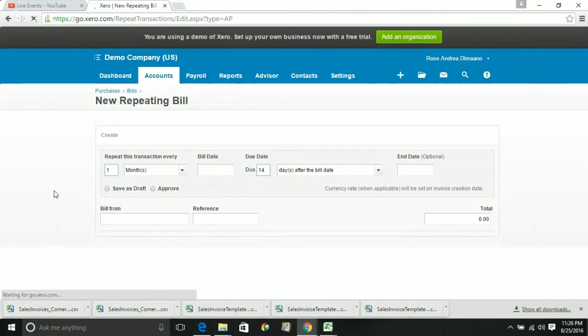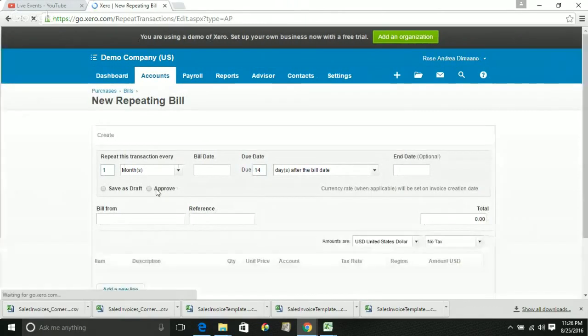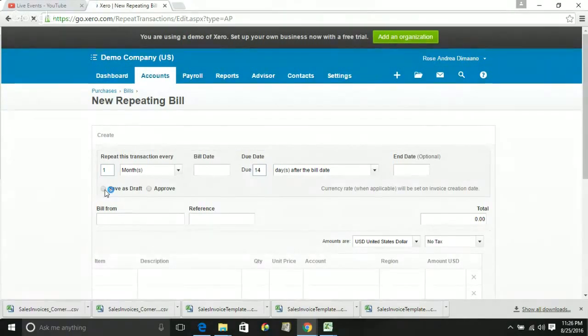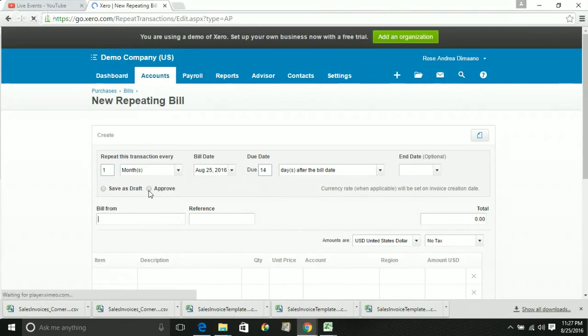I always advise to put it on as draft first, unless you're really sure, or you know that it won't change, like when you purchased an annual cost of a machine